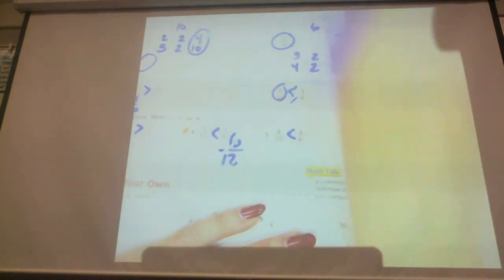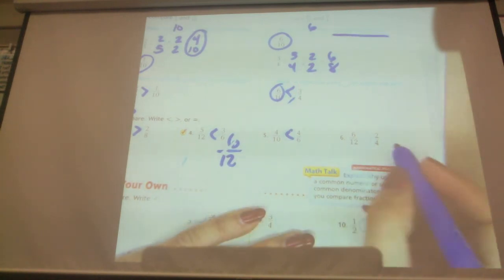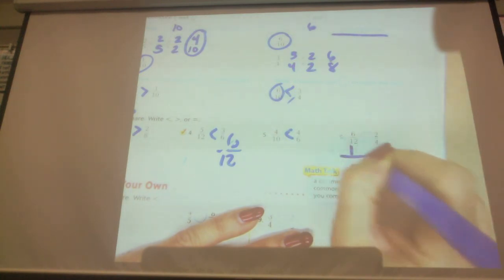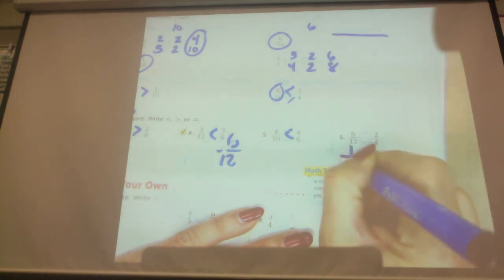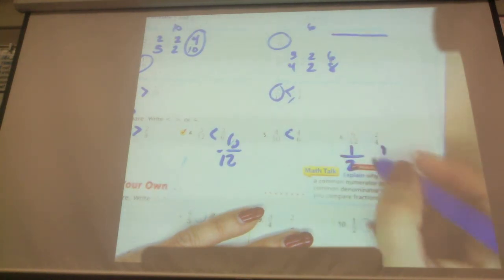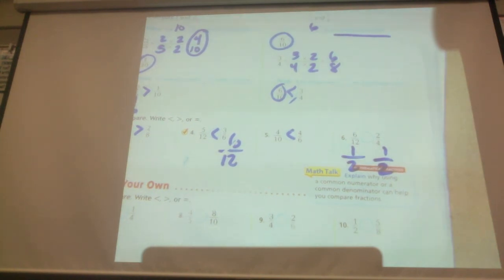Actually, you know what? I can go even better. 6 goes into 12. 6 divided by 6 is? 1. 12 divided by 6 is 2. Oh, wow. So you can also do simplest form. You don't have to always do the